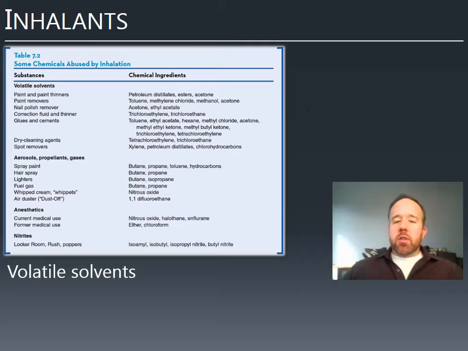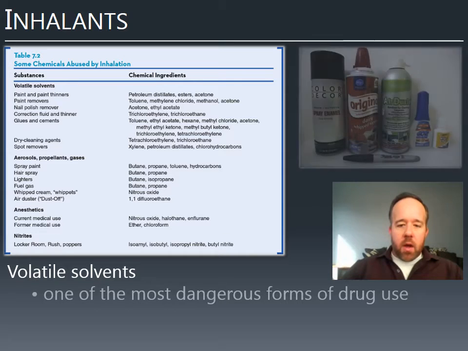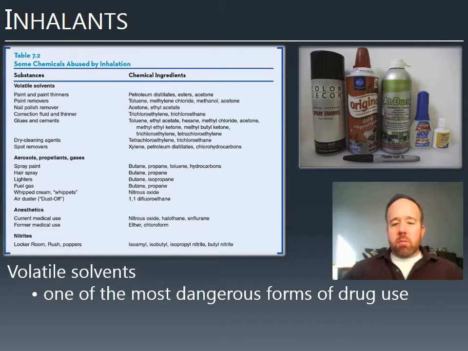Finally, we have the volatile solvents. And so here's a table from your book looking at the various inhalants and what the ingredients are. And this highlights the idea that the inhalants belong to a lot of different chemical groups. Structurally, they're very different, which is one of the reasons why it's sort of mysterious how they have the effects they do. Volatile solvents, of course, are products that aren't intended for any sort of use as a drug. The nitrites are, the anesthetics are, those are intended for human use. The volatile solvents are just household chemicals that can be inhaled.